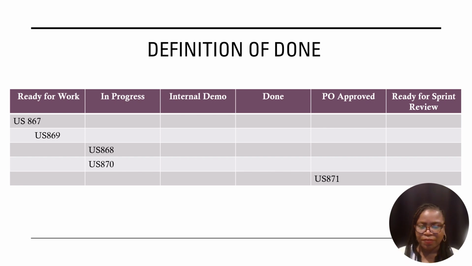I've either seen the functionality myself, or the team has assured me through their testing that the work item is good. Then we moved it to ready for sprint review, meaning the product owner has told us which stakeholders need to be involved in reviewing the increment, and those items that are ready would be in this ready for sprint review column, and we'd demo those items during the sprint review.